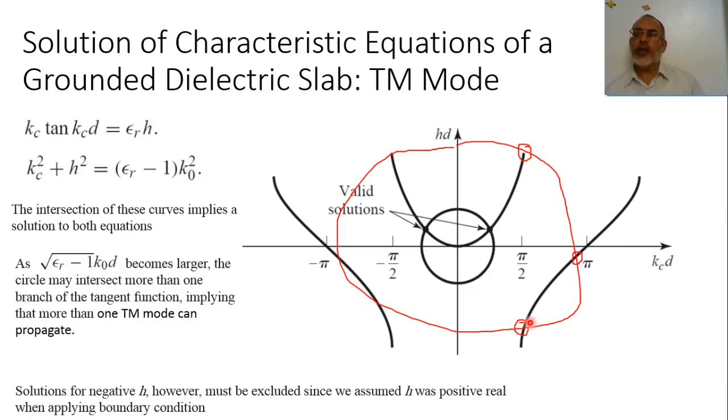And effectively, a growing wave does not satisfy the radiation boundary condition. So physically, these 2 solutions are not accepted. So we only accept the solution for the positive h. So as the frequency increases, we have improper poles, or improper solutions. Improper ones are not suitable. But after a while,